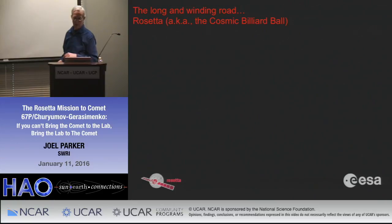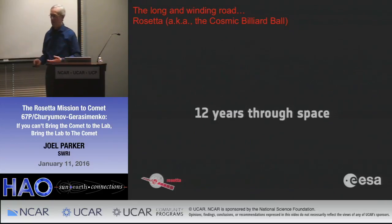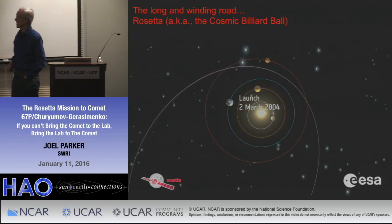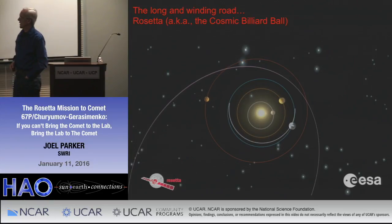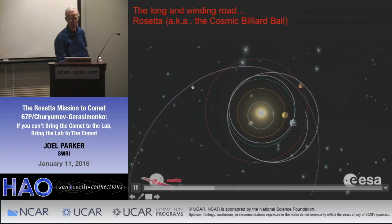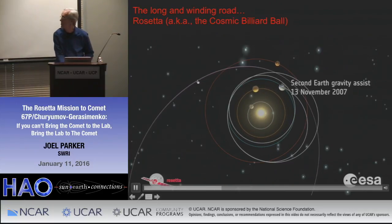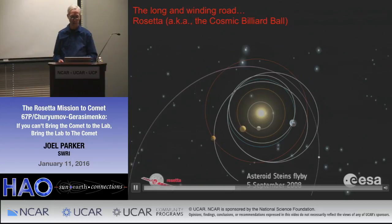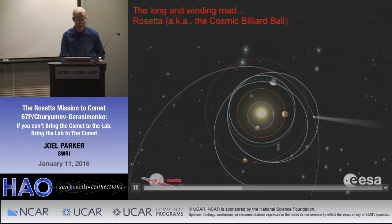And just to answer that question about the orbit and why it took so long, this steps through the whole orbit process. We had launch in March 2004. That was followed by an Earth flyby. We actually had 3 Earth gravitational assists, because this large orbit you see out here is the orbit of the comet. So you'll see we're trying to match that orbit. And so we had a flyby of Mars that tweaked it a little bit,